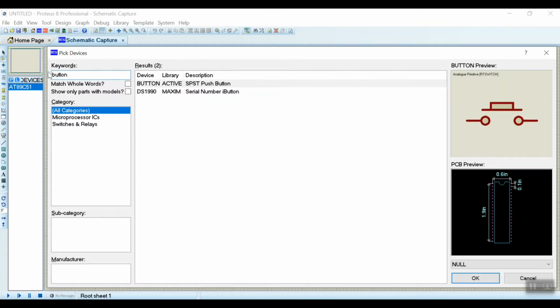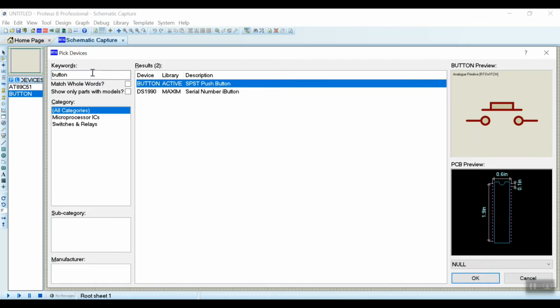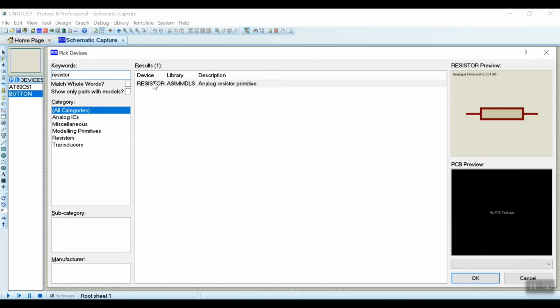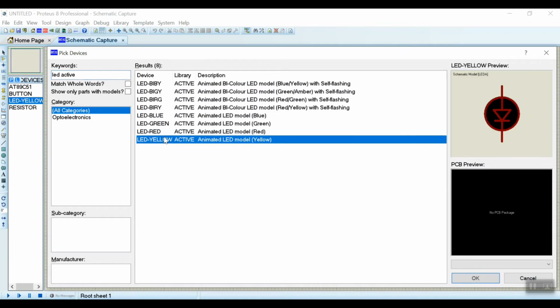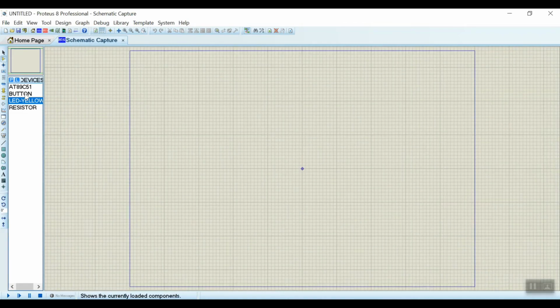Here I want to tell you that always take button active, and then with button I'll be using a resistor. Why, I'll tell you that. And then for action I need a LED, that is taken LED active. Now I'll design the circuits.